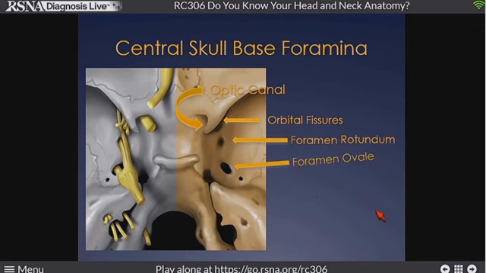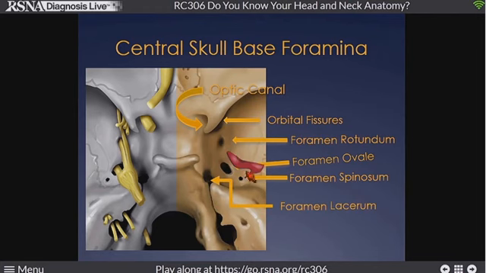We have foramen ovale, again a nice oval shaped, very conspicuously oval in configuration, nice to kind of pick that out. Foramen spinosum, just posterior and lateral to foramen ovale. And foramen lacerum, again that fibrous portion of the central skull base at the anterior margin of the petroclival fissure here. This has been described as the lady's footprint, and it does seem very appropriate.